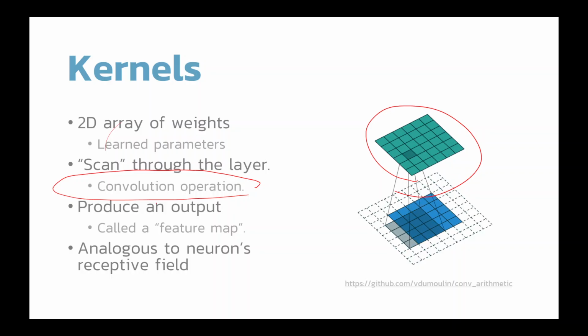And then it produces the output, right? The output is actually just another two-dimensional data. We call it feature map, okay? You can think about feature map as the result from recognizing different patterns, okay? That's analogous to our receptive field,